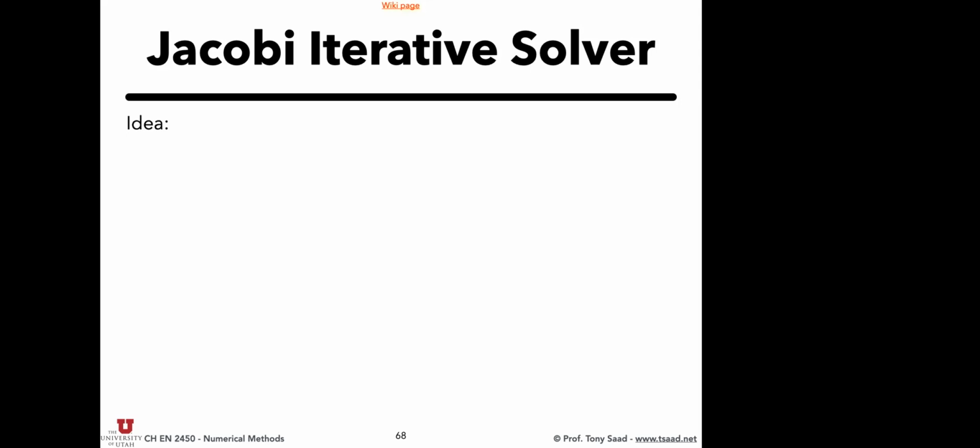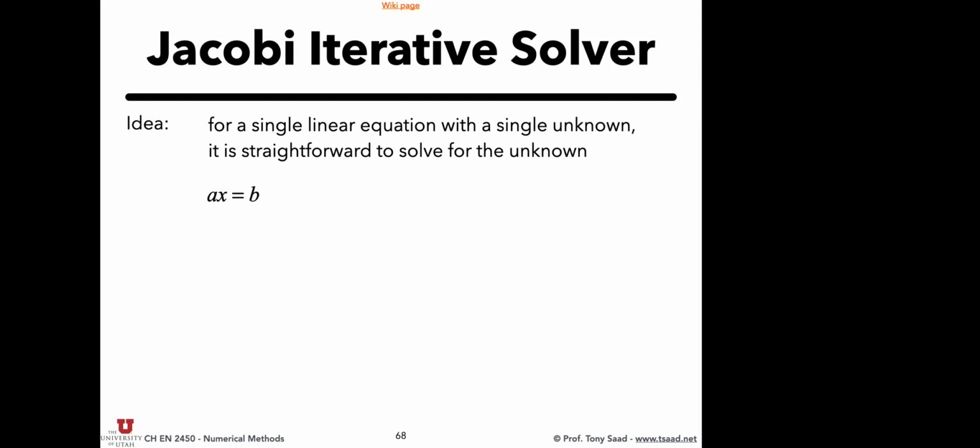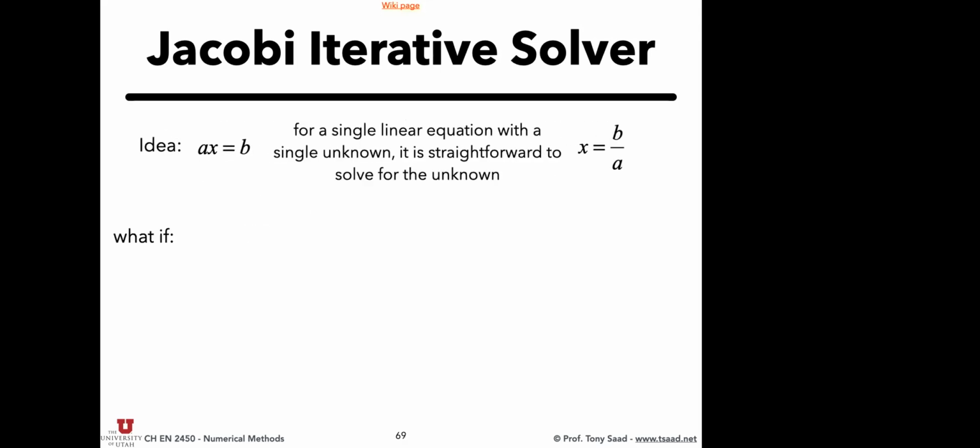And the idea of the iterative solver is based on an analogy with the equations with a single variable, such as this one, ax equal b. If you were to solve for x, you would simply solve that equation for x, which is b over a. And last time we said, okay, what if we extend this thought and consider, for example, this system of